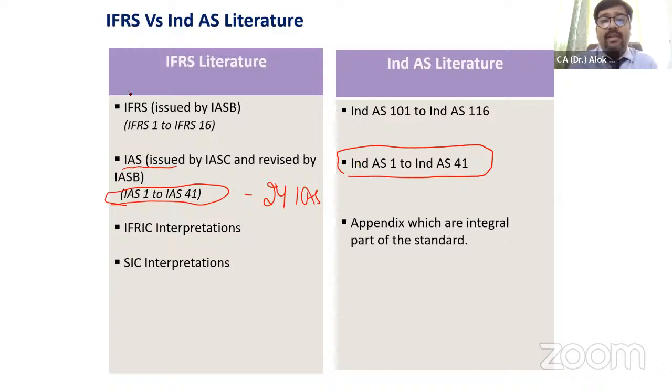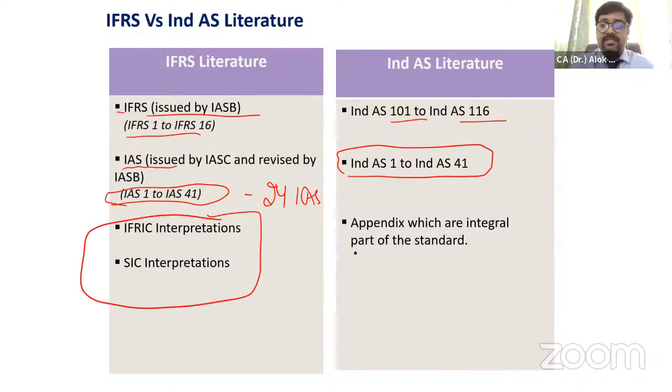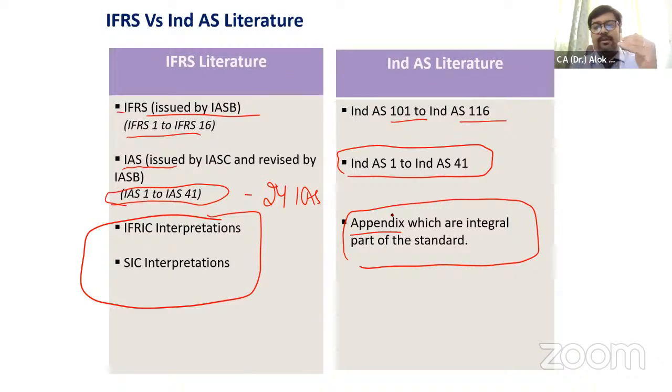Okay. Wherever IFRS standards are there, like IFRS 1 to IFRS 16, we have started with Ind AS 100 plus 1. For IAS, Ind AS 1. For IFRS 1, Ind AS 100 plus 1. So Ind AS 101, 102, 103, 104, and so on till 116, right? And wherever interpretations are there, we have incorporated them as part of an appendix at the end of every standard. For example,